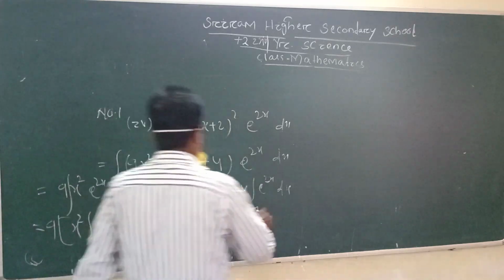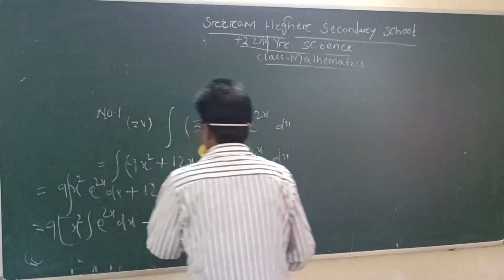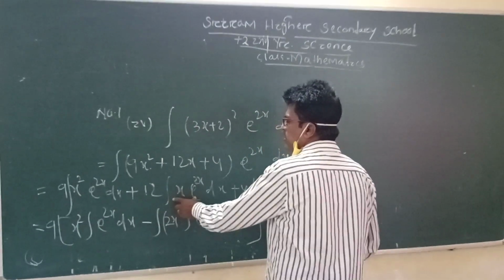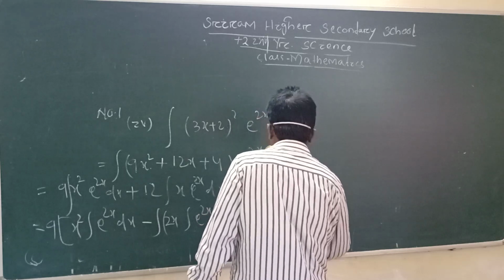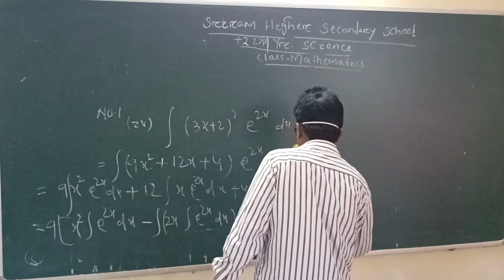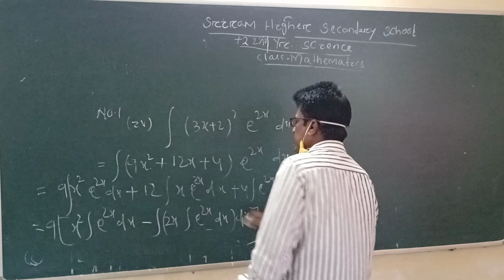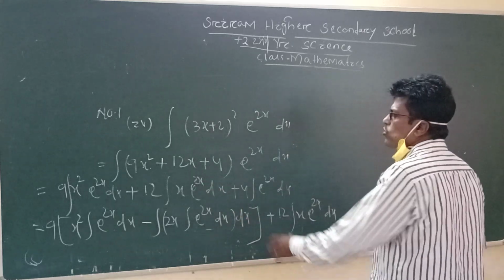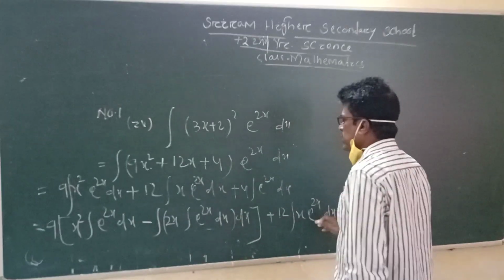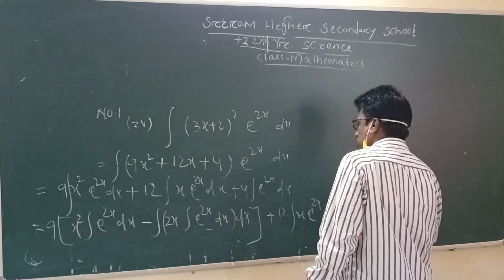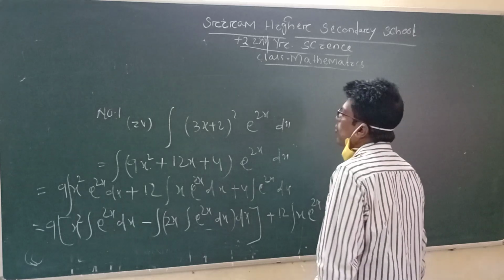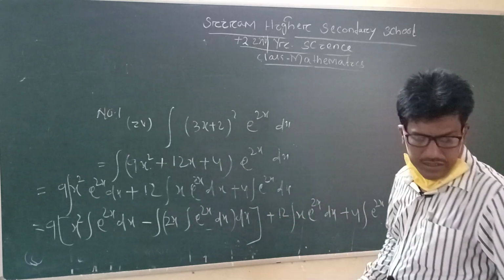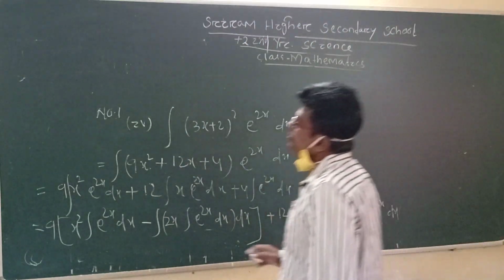Then 12, you never disturb that, it is not using integration by parts, because I am saying literally 12 x e to the 2x. Without changing, you can write this. Without changing by any formula, you are directly writing this. Also 4 e to 2x, from before, you are writing only. Okay. Next, you look next.